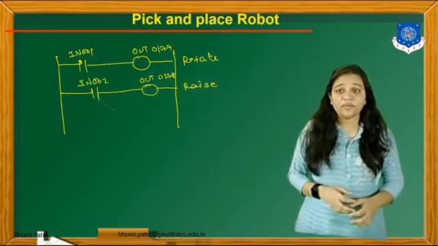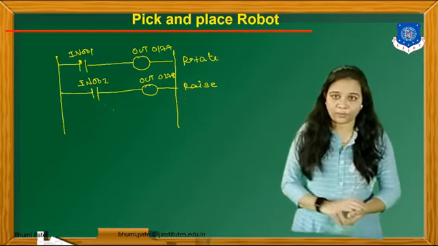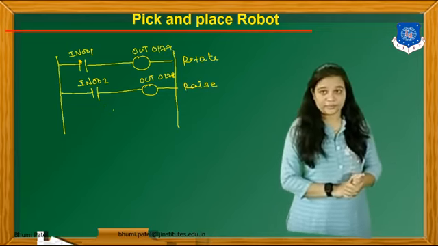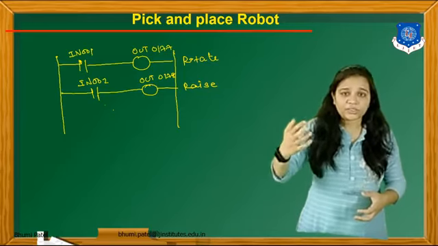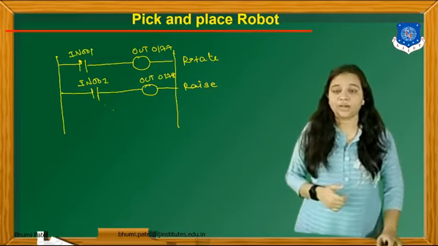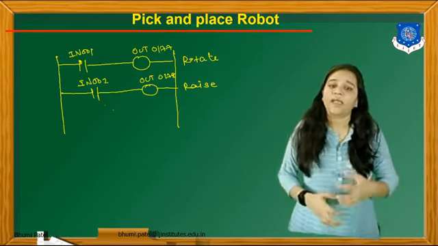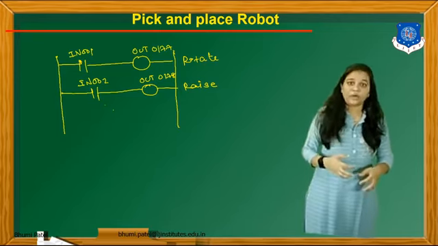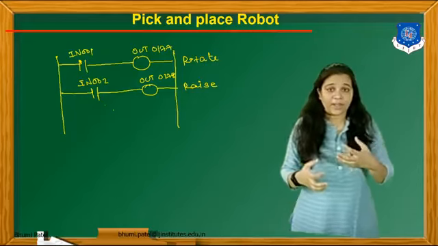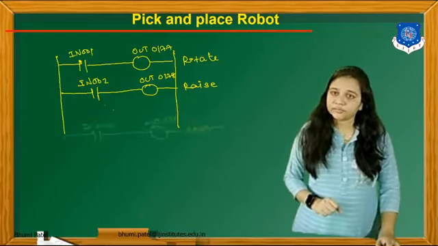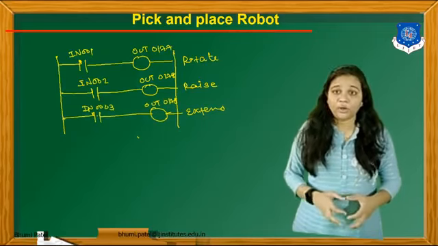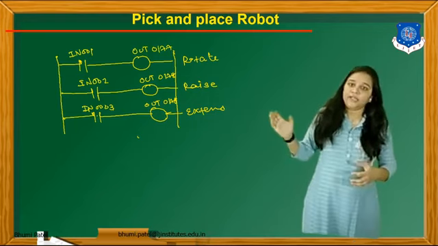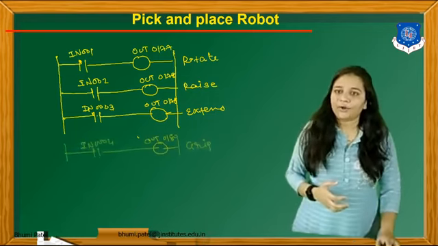The next one will be input IN002 and the output is 0178, and it is for the arm going to the up position or the down position using this rung. If the input is applied, the arm will go to the up position, and if we change the input state from on to off, at that time my arm will go to the down position. Next is extend. The same logic is applied for extend: input is applied and we get the output according to the input.